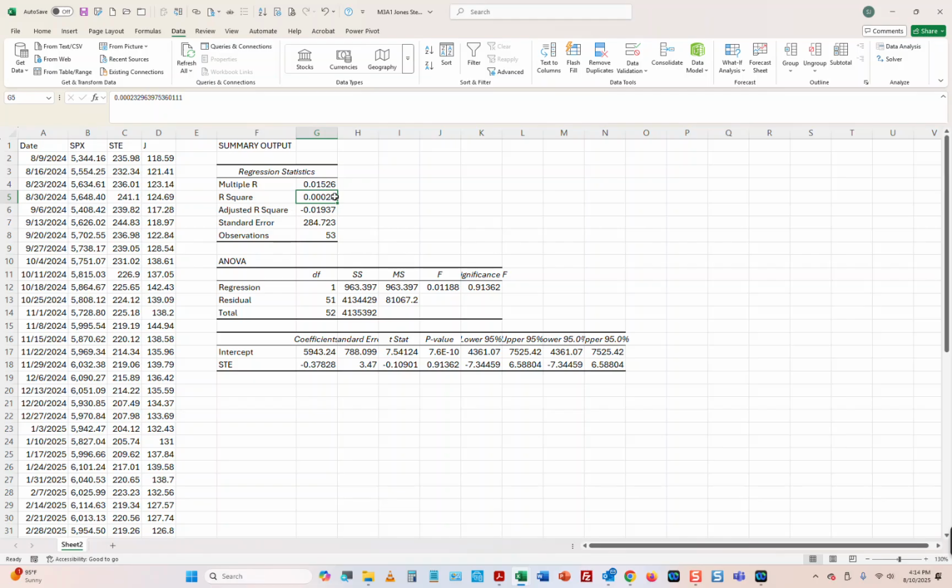Instead, it's 0.00023. So you're looking at a very small amount of the variation, or why the S&P 500 moves and changes up and down, is explained by this stock right here. But I want to be sure